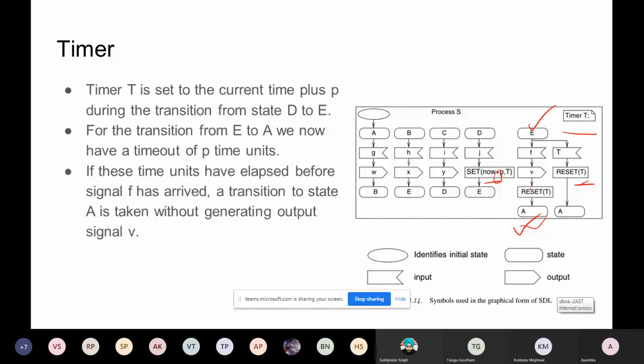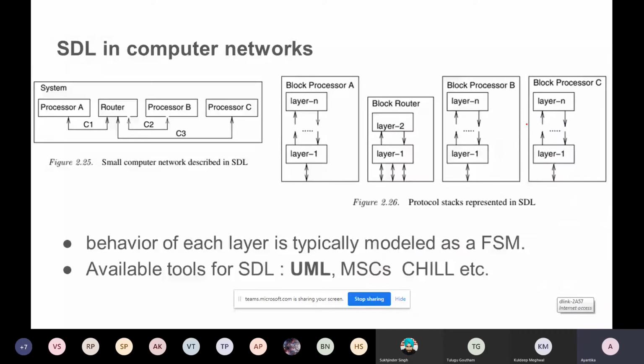Other than that, if there is some input T, then it will immediately reset that timer T, and once that timer is in the reset condition, it will make a transition from E to E. So this is a direct reset. It is not caring whether you have actually got this input F or not. This is how these features should be there when we are talking about embedded system design or complex system design. This is how SDL is handling the timer or incorporating timers in the modeling features.